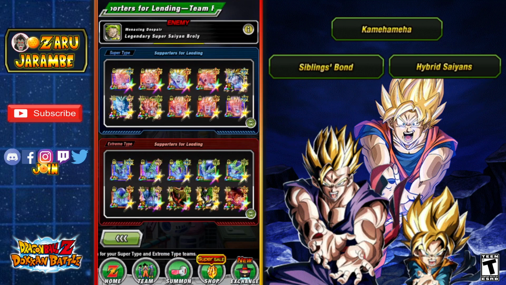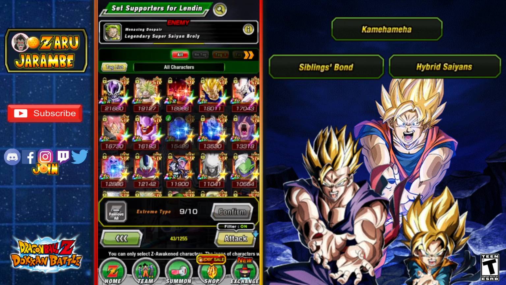And then also you've got your main units that you want to use for the extreme type, which are any of the cells. So you've got the LR Cells, you've got Perfect Cells, and if you don't have a team full of Perfect Cells, you can also use the First Form Cell and stuff like that. And then you have the advantageous unit, the only one for the extreme type, which is the Goku Black Zamasu. But